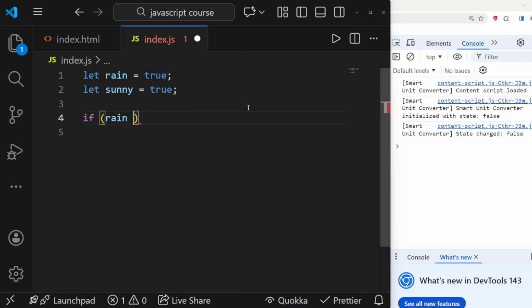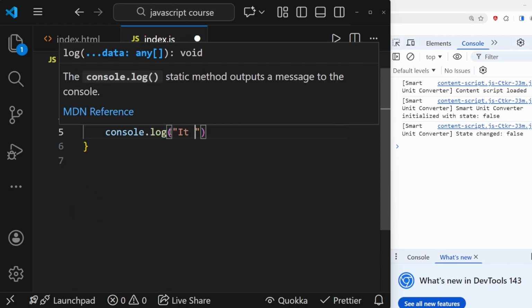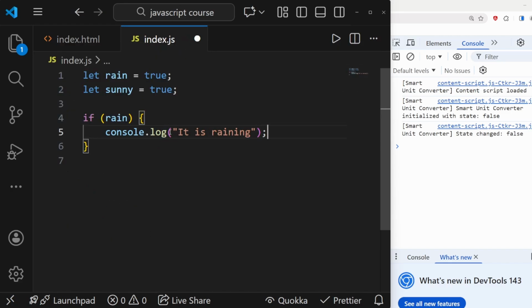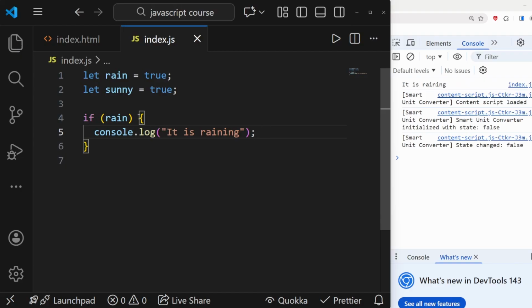But in JavaScript, you can also just leave this away. And this right here means if rain is true. So if it is raining, then we can console.log it is raining. But now there exist a couple of logical operators that, for example, allow you to check